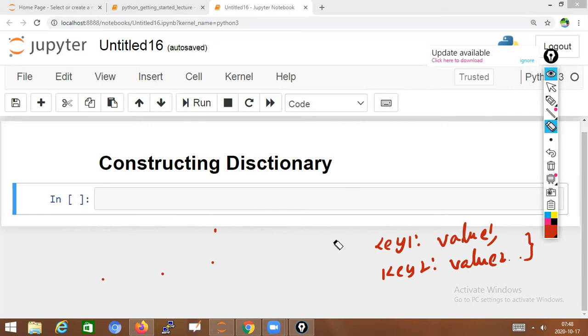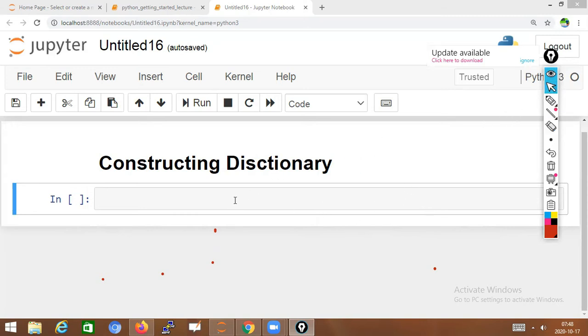Now we'll try to construct one dictionary. I'm giving the dictionary the name mydic; you can give any other name.